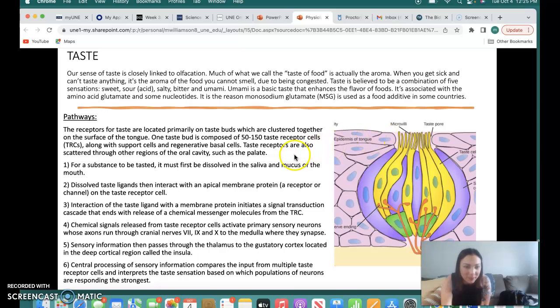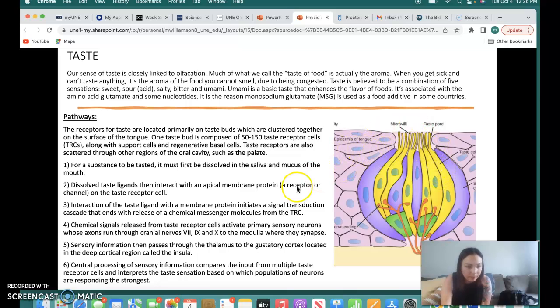Coffee's up. One taste bud is composed of 50 to 150 taste receptor cells, which can be shortened to TRCs, along with support cells and regenerative basal cells. Taste receptors are also scattered through other regions of the oral cavity, such as the palate. So there's 50 to 150 taste receptors